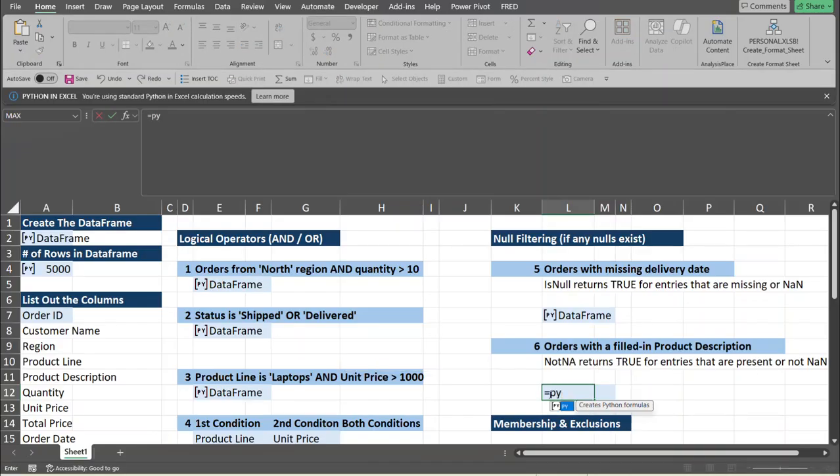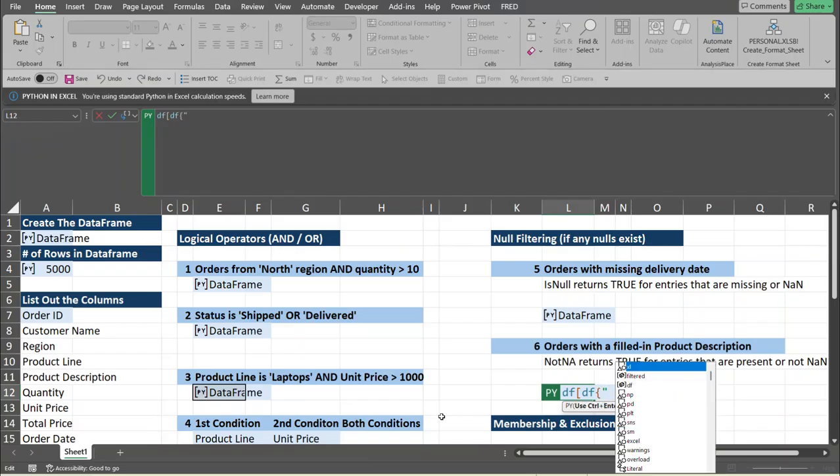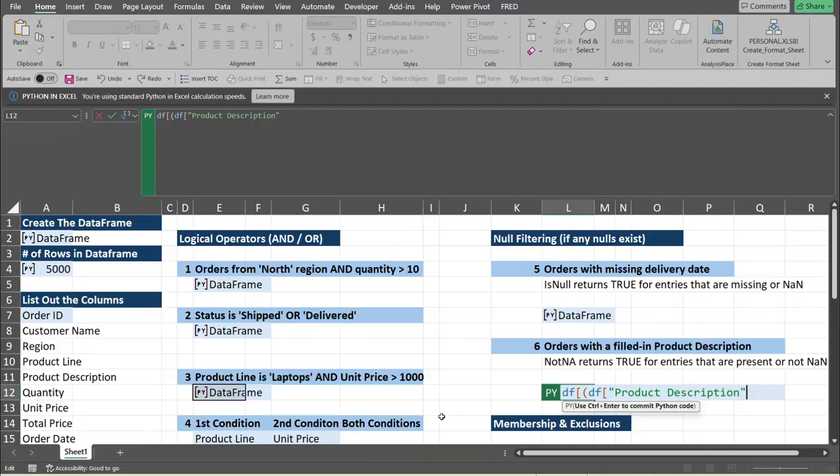So equal py, okay. And then we're going to pass in the data frame, data frame, product description, not NA. So that's the first condition. And